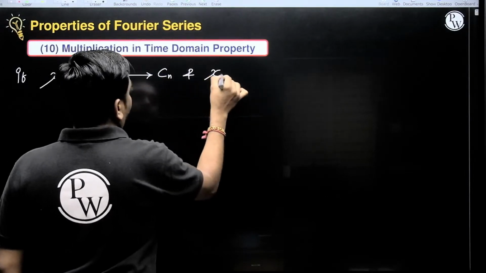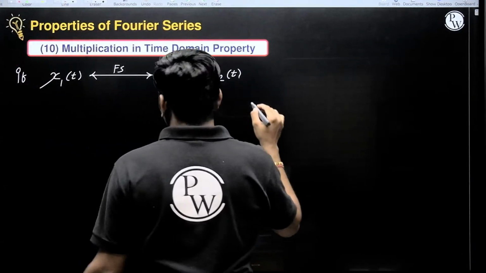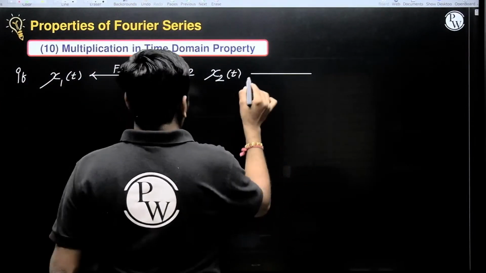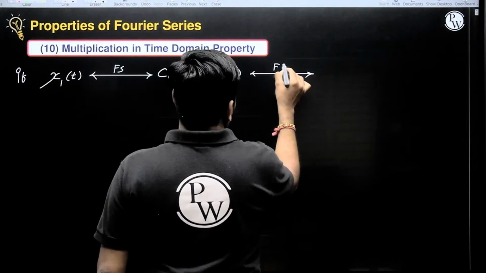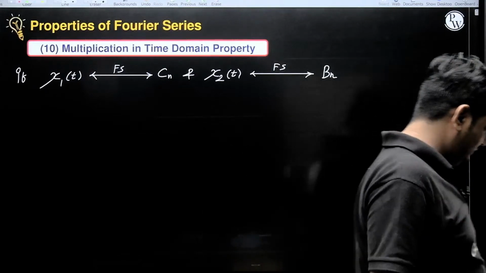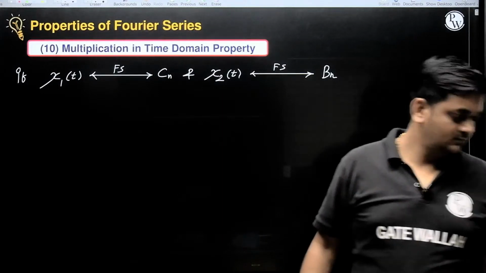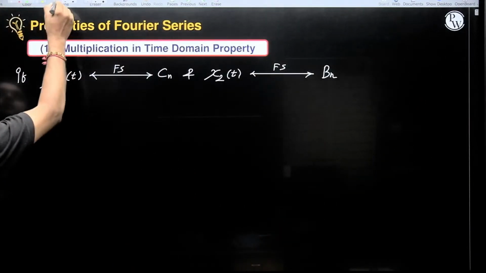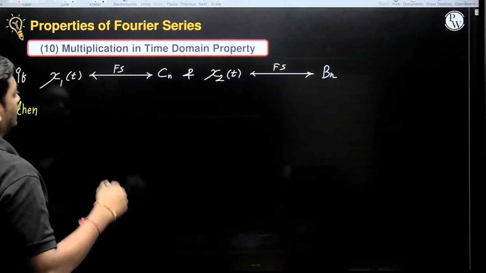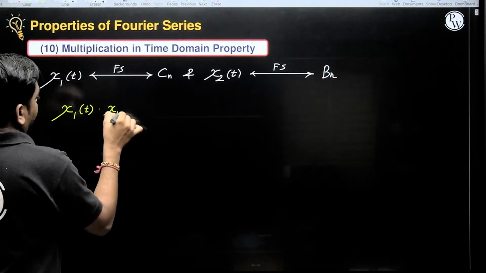and we have one more periodic signal, with its own Fourier series coefficients, then the Fourier series coefficient of x1 of t into x2 of t, the multiplication,